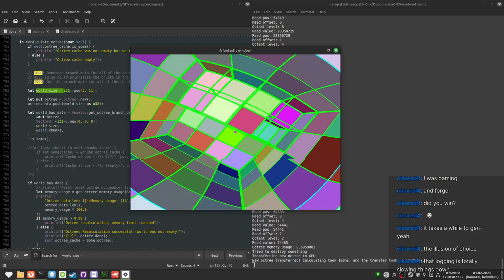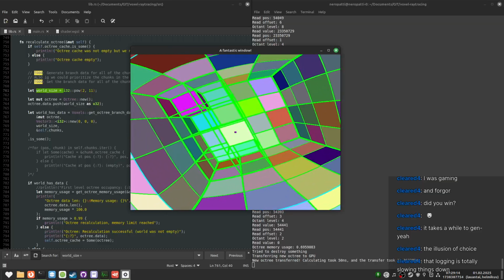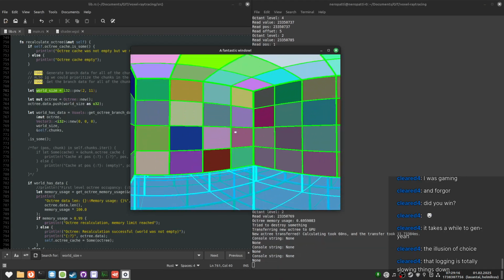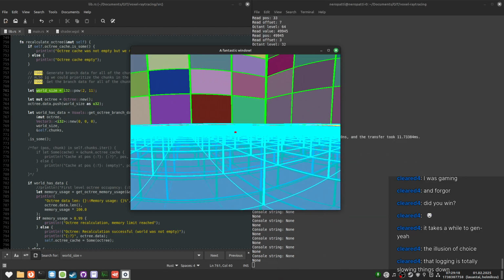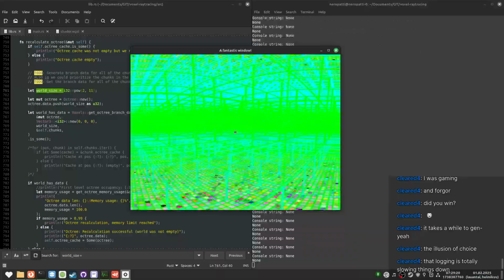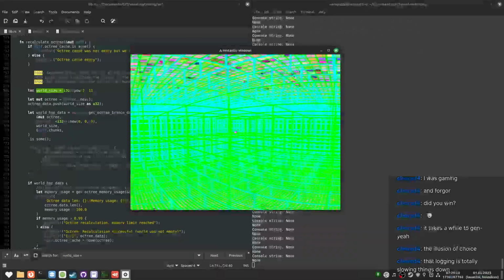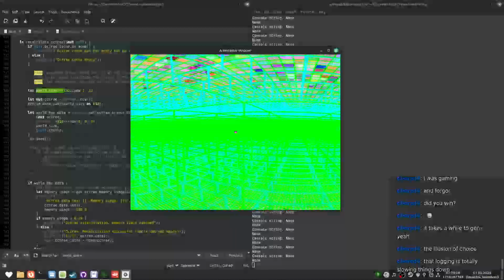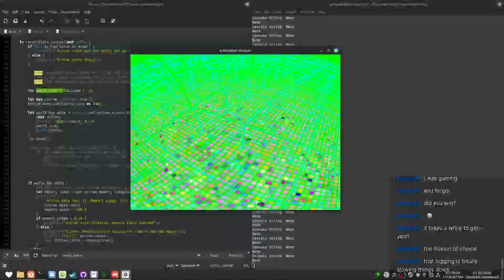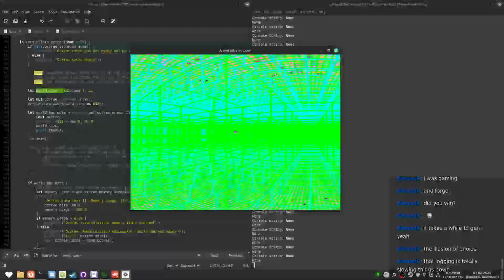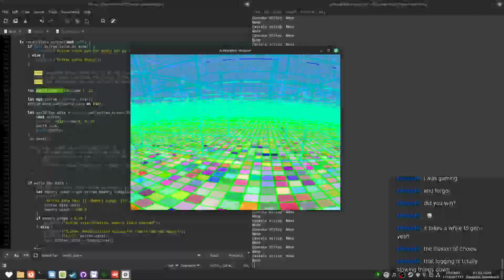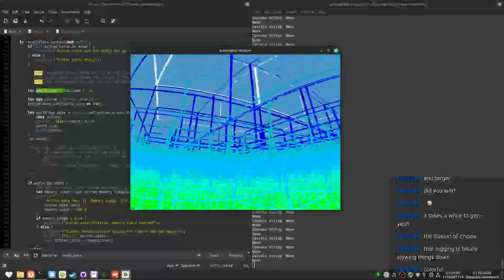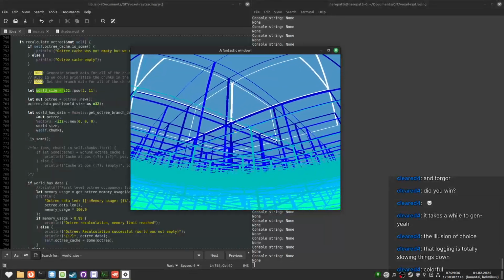Oh, this is a bit trippy. I need to fix the camera projection at some point. But anyway, let's go. And this is what it looks like inside of the block of voxels. It's very great. And here's above, and we have the big voxel levels.